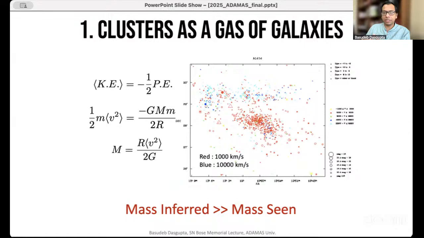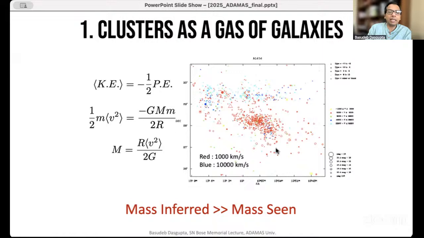Now, if you imagine this cluster of galaxies as a gas which is in equilibrium, then we know from our basic undergraduate physics that the virial theorem relates the average kinetic energy of these molecules, which in this case are galaxies, to the potential energy that these galaxies are feeling from all the other galaxies. So the typical velocity, let's say, is v squared average. That's the root mean square. And so the left-hand side is the average kinetic energy.